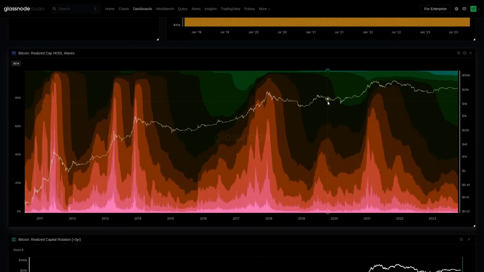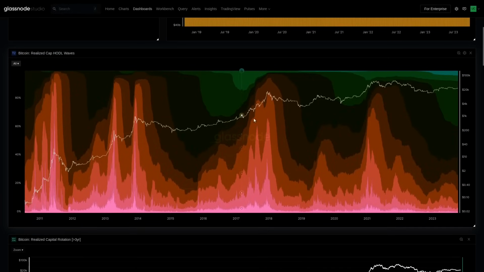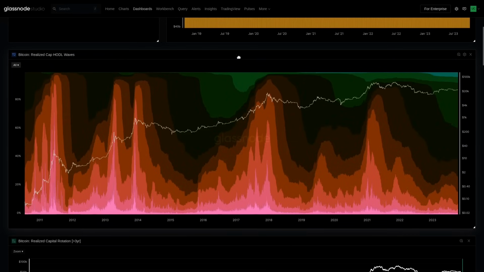Now, just as a quick hint, we've recently rolled out so you can pull the Realized Cap HODL waves into Workbench now. And that's actually what we're about to explore, a series of charts where we look at each of these individual components. We've been experimenting a lot with these. You can calculate cost basis models and capital rotation, all sorts of things. So if you are playing around with Workbench, be sure to pull this in and have a bit of a test.